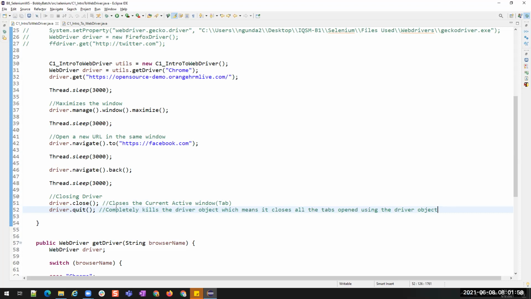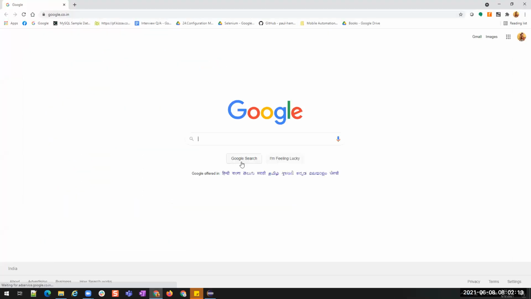Currently, I cannot show you this because we haven't completed the concept of navigating to windows. There is a separate concept in Selenium. Once we open a page and then want to navigate to a separate window, suppose I open this in a new window. When I clicked on this, it opened a new window, because I did a cursor click.